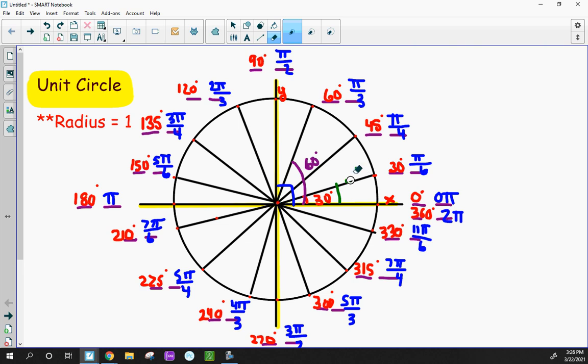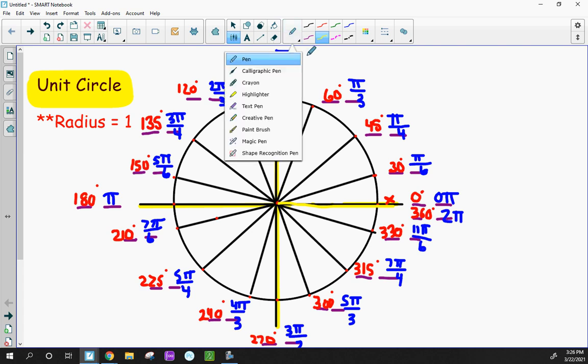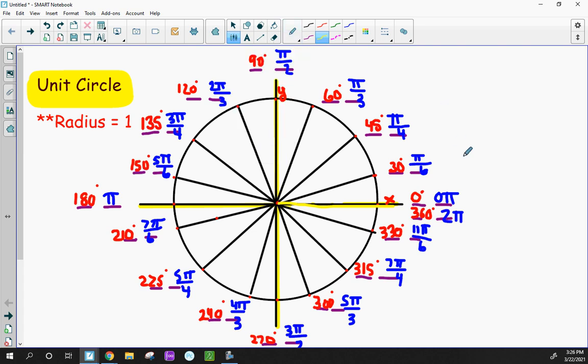So we'll go in here and erase this stuff and try to help you see how to find the x and y coordinates. Okay, all right, here we go. For the first one, at 0 degrees and at 0 pi, the ordered pair for this, I'll do these in green,